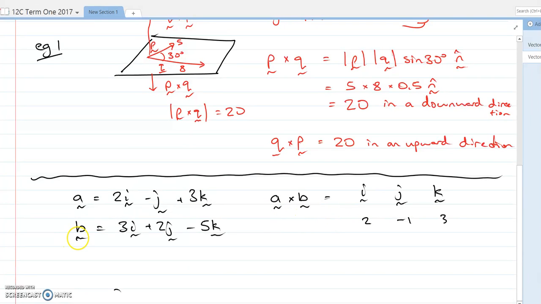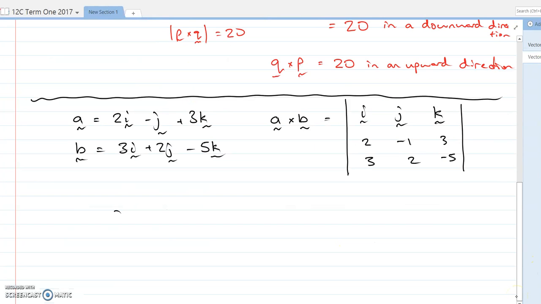Then I go to my B. How many i's? I've got 3 i's. How many j's? 2. How many k's? Minus 5. This is a determinant, so I'm going to put these vertical lines. That's how you write a determinant. And so now to work out the determinant,